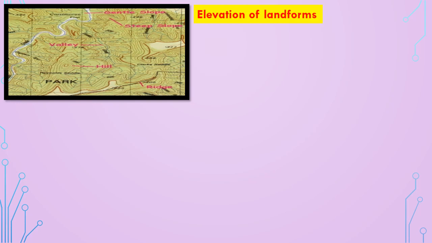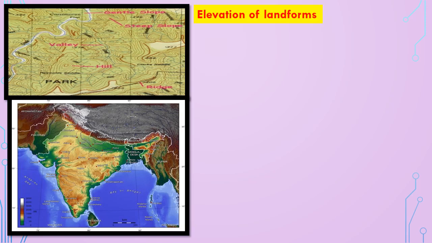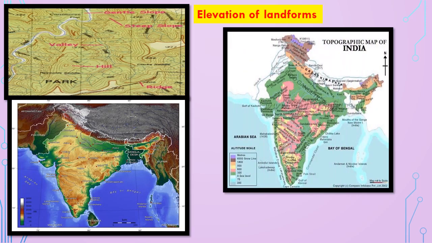In class 4, you have learnt that air is cold and the air is rare at greater heights. The height is otherwise called altitude or elevation. How can the elevation or height of landforms be shown on the map? It is impossible to show the depth of a valley or the height of a mountain on a map. We don't see pictures of mountains, plateaus, rivers drawn on maps. Instead, we see lines, colors which represent them. Such maps are called relief or topographic maps.